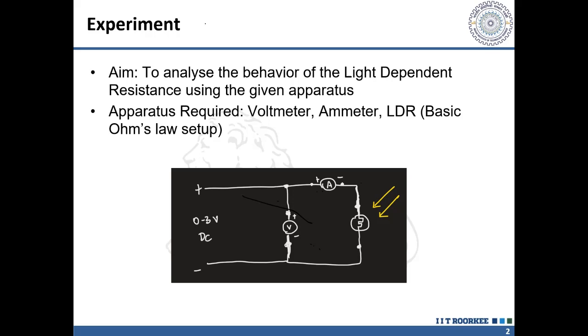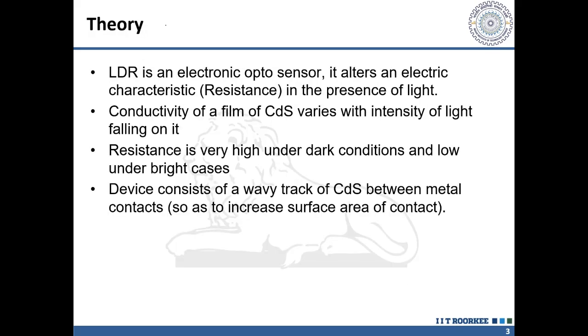Hypothetically, the LDR's resistance is supposed to vary with the intensity of light. The LDR is an electronic opto sensor. Basically, it alters an electric characteristic, that is resistance, in the presence of light. So what we can see in the experiment too is that the resistance varies with the intensity of light. When the amount of light falling on the sensor varies, an electric characteristic, in this case the electric resistance or the conductance of